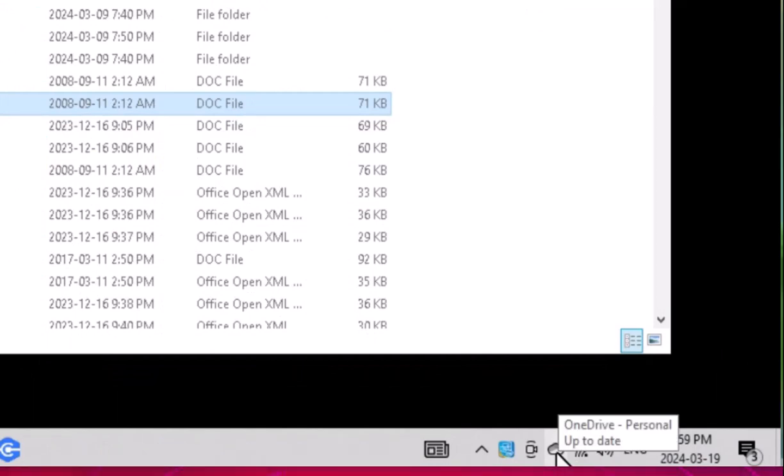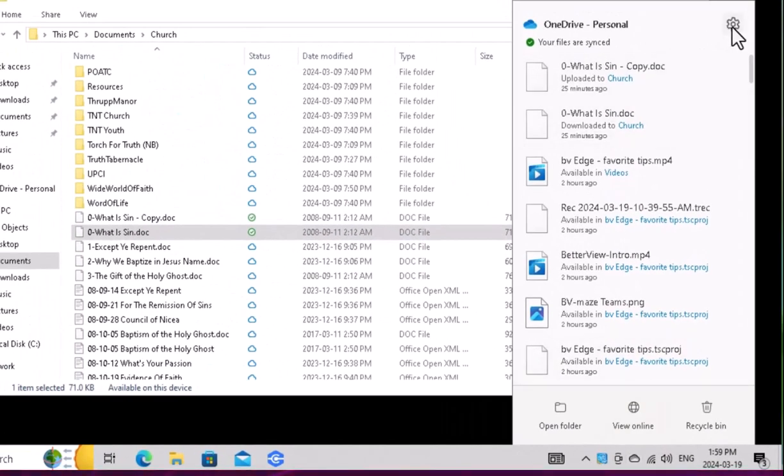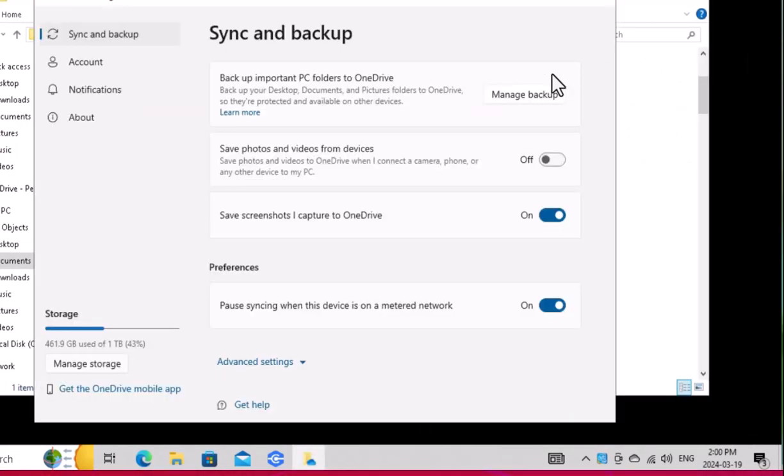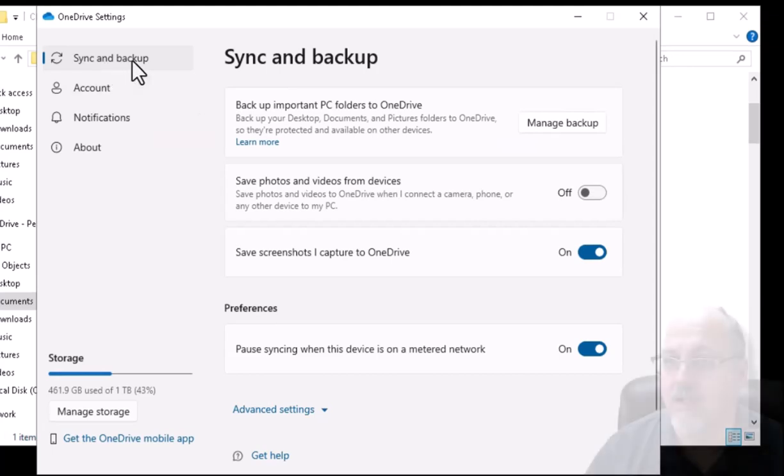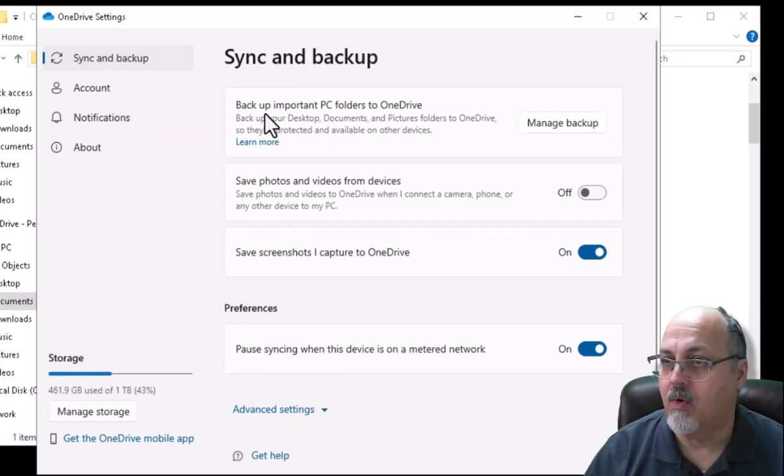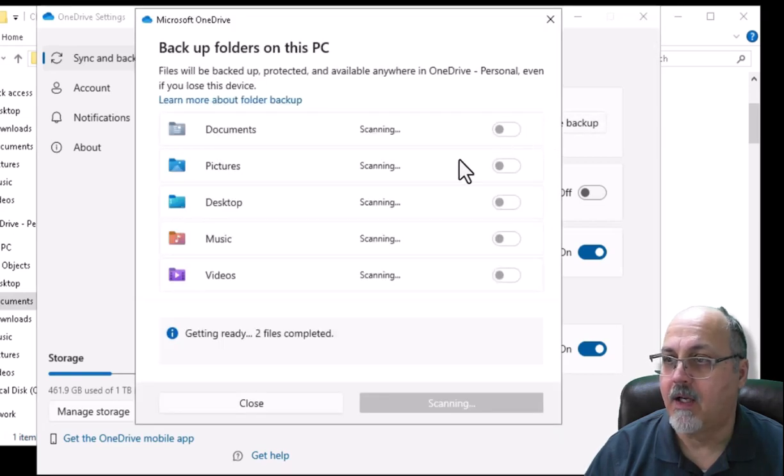So firstly, we have a little icon down here that looks like a cloud, and that is the OneDrive icon. I'm going to click on that, go up to the little gear, and go into settings because I want you to see how things are set up. Now, in the sync and backup, we've got the importance of backing up PC folders to OneDrive, and when I look at Managed Backup, I can see that